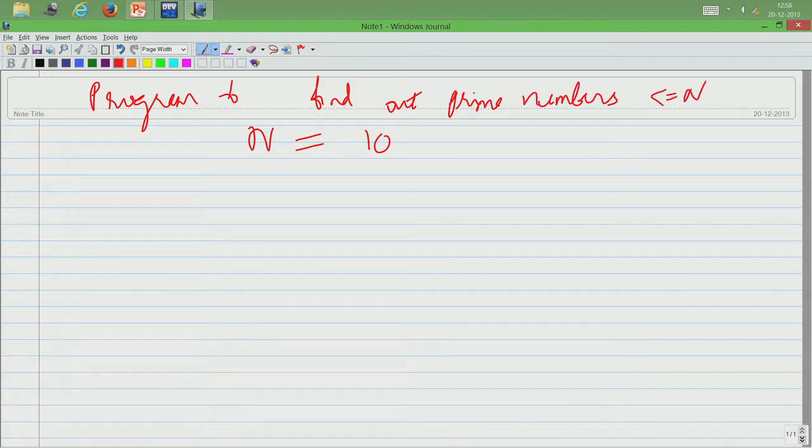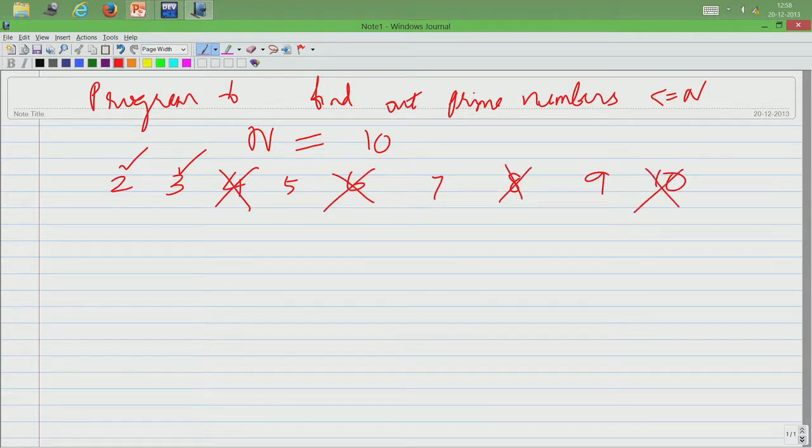Since I start with n equals 10, let us make use of the observations. What could I have? I could have 2, 3, 4, 5, 6, 7, 8, 9 and 10. I already know that 2 is a prime number and 3 is a prime number. I also know that all the even numbers are not prime.